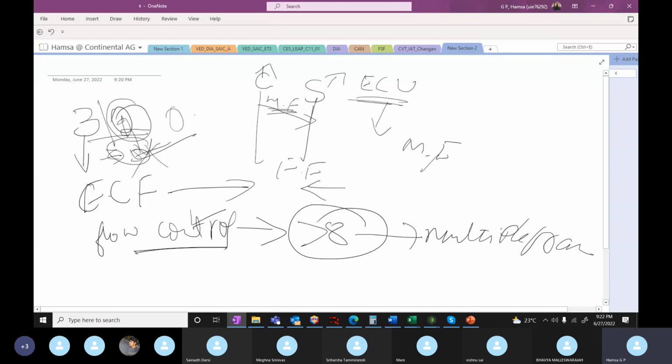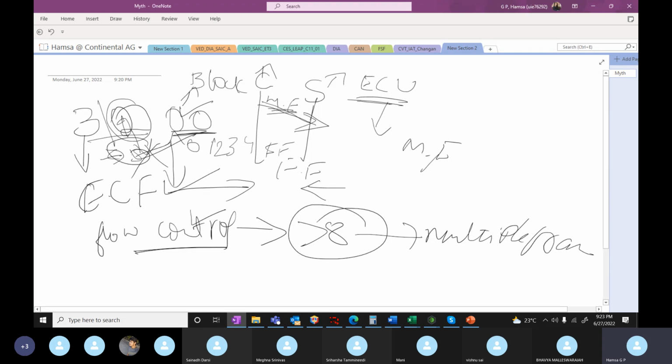The next byte, if it is 00, is the block size. If this is 00, you can send all the consecutive frames whatever you have to the ECU at a time. You do not require any other flow control frame. If it is any value other than 00, which means it could be 01, 02, 03, 04, 05 up to FF, whatever the value except 00,